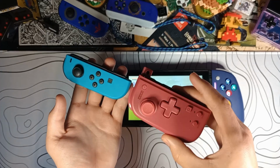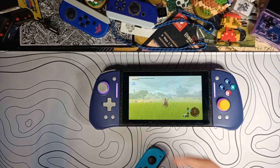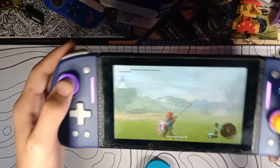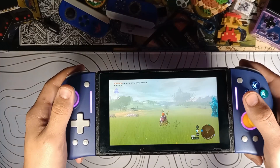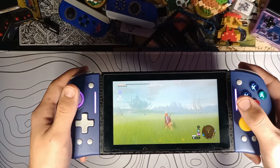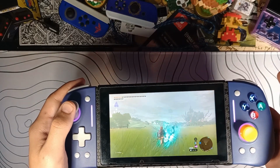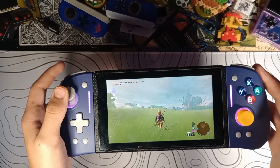There are options like the joypad here, but as you can see, it doesn't work wirelessly. You don't have all the RGB lights, motion controls, and things like that. Which, since I mentioned it, yes, this controller does have motion controls, and they seem to work just fine. If you do want the Hyperion Pro with the Hall effect thumbsticks, which are much more precise, that one does cost a little more, maybe $10 to $20 more, but as configured, this version of the Hyperion goes for about